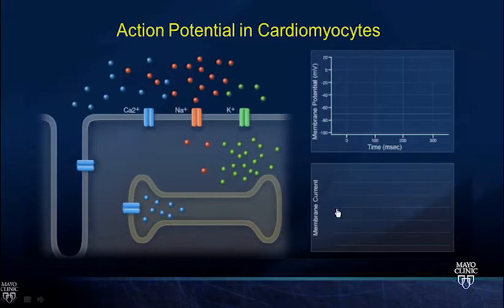Over the right bottom corner, you will see the movement of currents across the cell membrane. The currents that go inside the cell will be depicted below the line. The ones that come outside are going to be depicted above the line. So the resting membrane potential